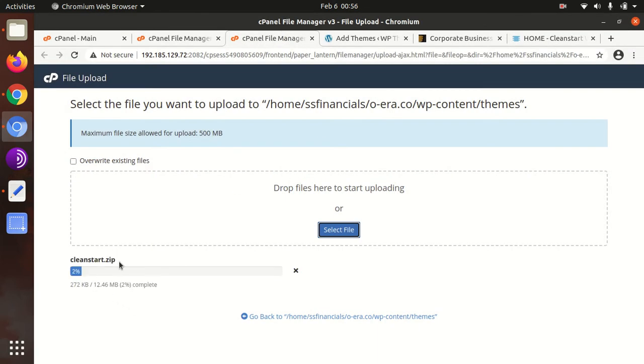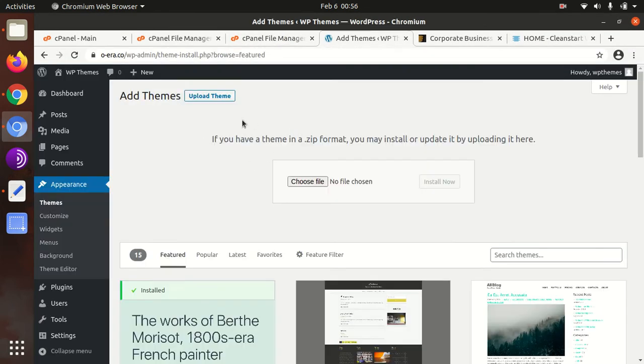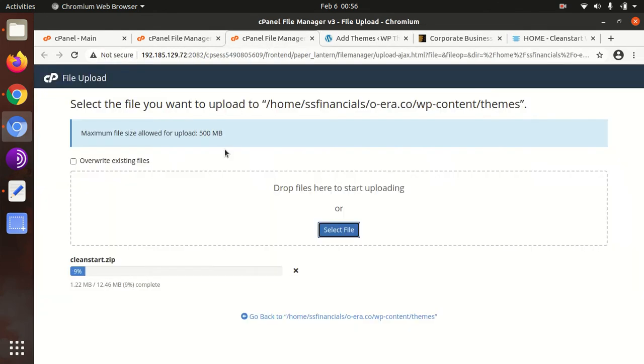Either you can upload the theme from the WordPress interface, or either you can upload the theme through the control panel or FTP. So the theme size is 12.46 MB in size. It is a moderate size, and theme can be considered as lightweight theme. And let it be completed. The upload is going on,